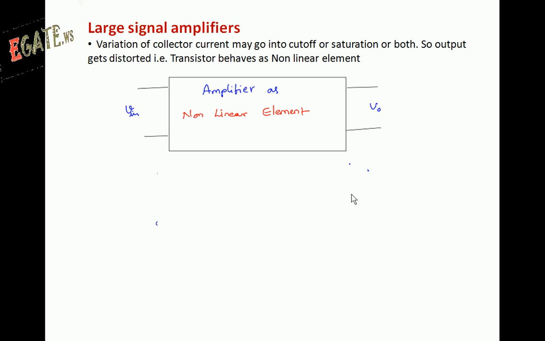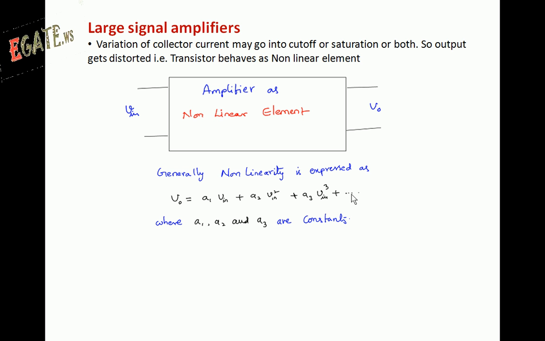The general non-linear equation is defined like this: V0 is equal to A1 times Vin plus A2 times Vin square plus A3 times Vin cube. Like that we can extend it, where A1, A2, A3 are treated as constants. Apply the same input signal as cos omega 1t, that is cos 2 pi f1t, a sinusoidal signal with frequency f1. Then we can write the output as